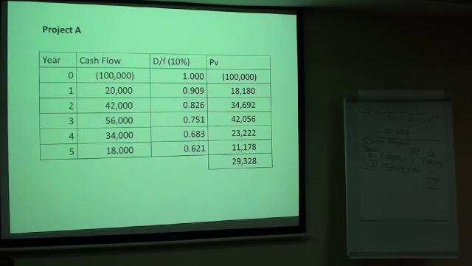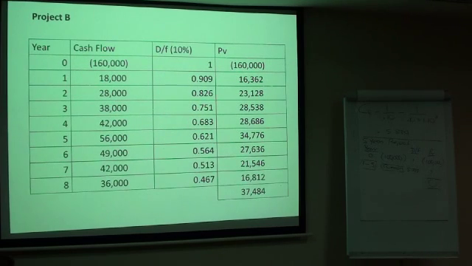A 5-year project which will give you a 29 million return, or an 8-year project which will give you 37 million return. We are confused. Which one is better? 29 million over 5 years or 37 million over 8 years? Confused. But this is again investment in 2 different investments.